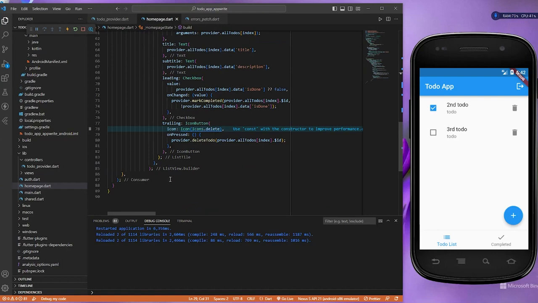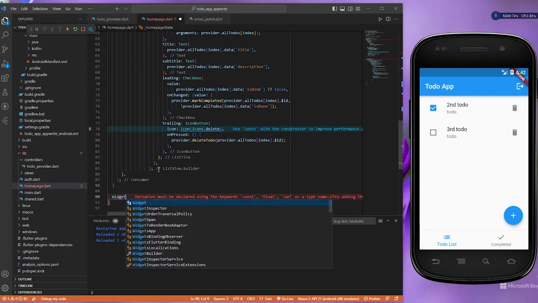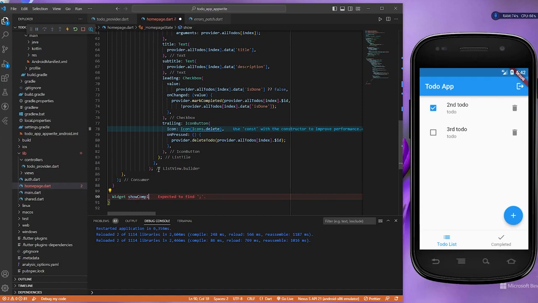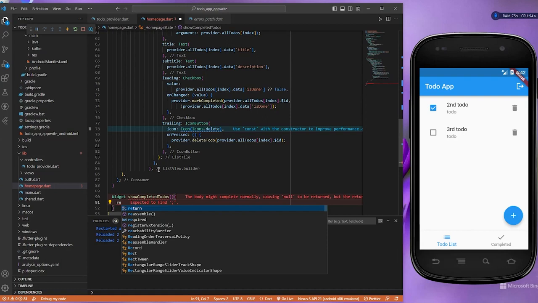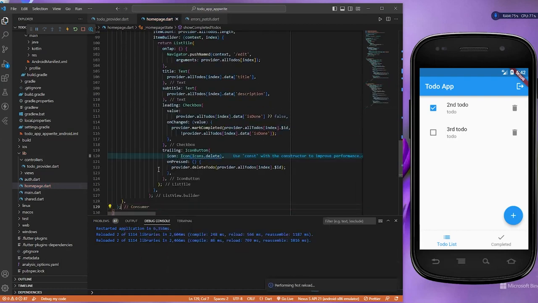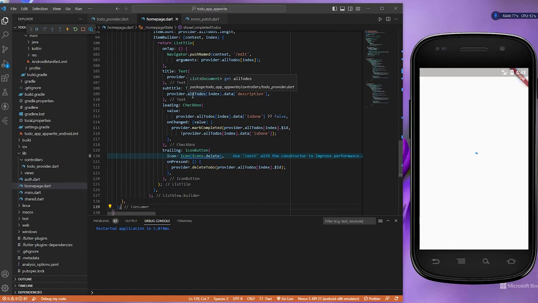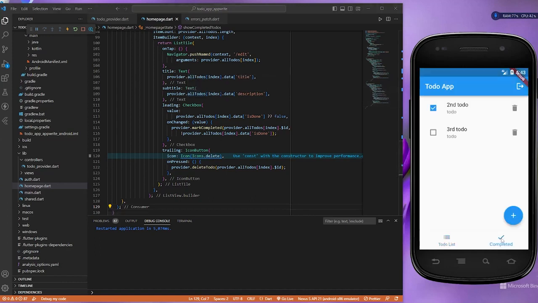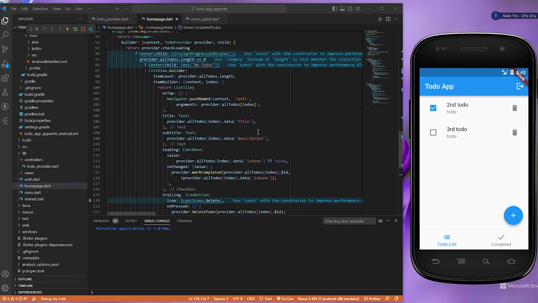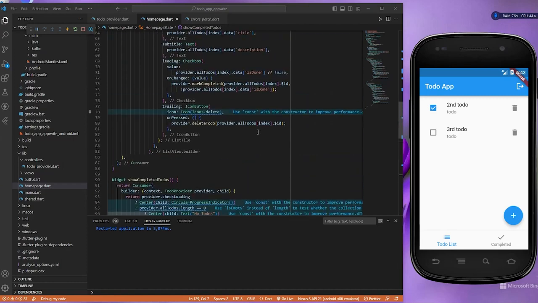here we also need to create one more, like widget show completed to-dos. For now, simply return the same thing. Now let us press this. Let us restart the app. So both are showing the same thing, but because we have not done any changes,